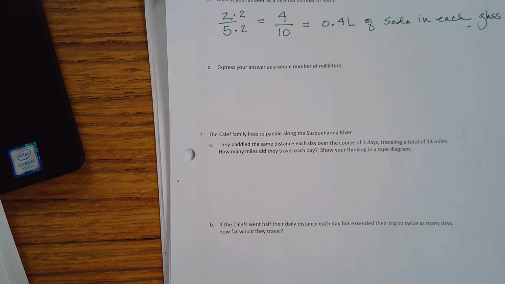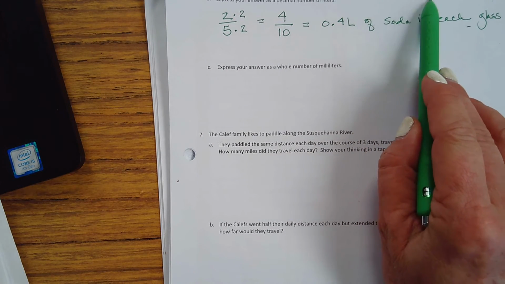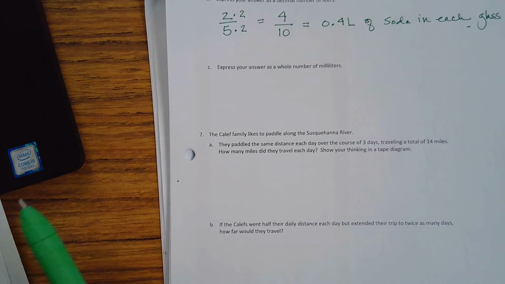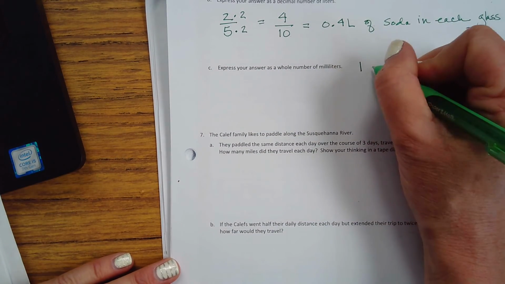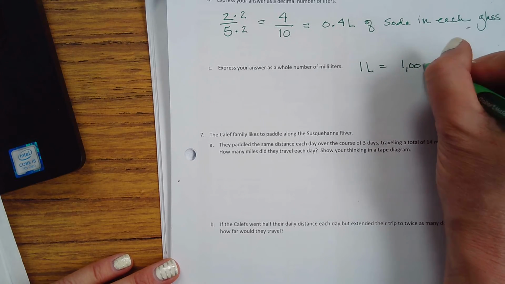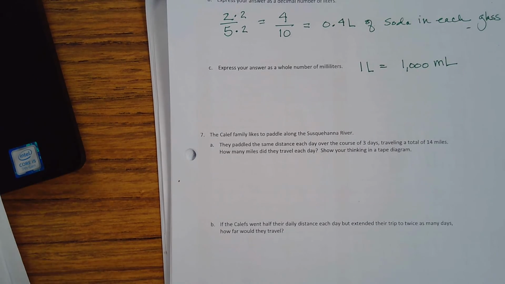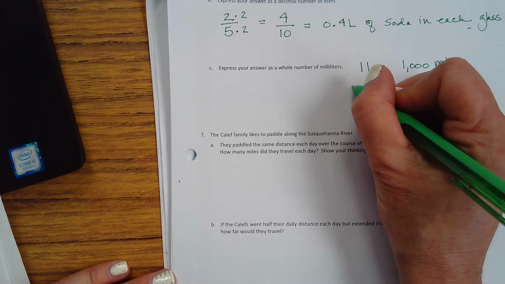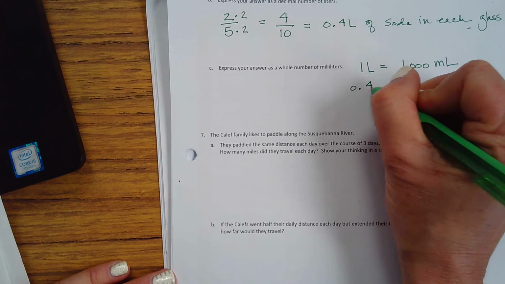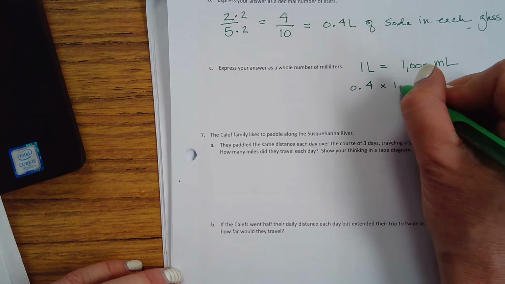All right, now we're going to express it as milliliters. So tenths, hundredths, thousandths. Well, what do we know? We know 1 liter is equal to 1,000 milliliters, right? So if we take 0.4 and we multiply it by 1,000,